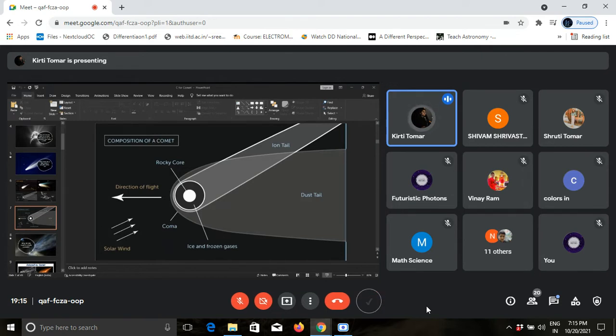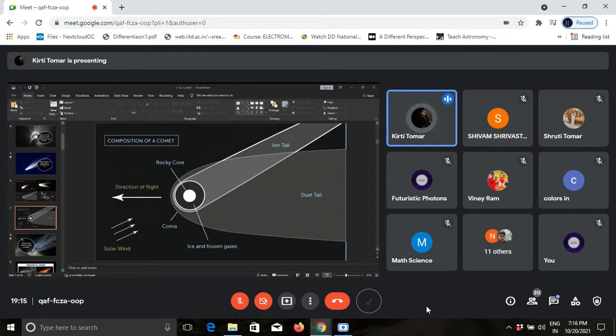Asteroids are large chunks of rock and metal that orbit the sun. They range from just over half a mile, 1 kilometer, to a few hundred miles in diameter. Most asteroids travel in the wide gap between the inner planets and outer planets, meaning between the terrestrial and Jovian planets, between Mars and Jupiter.